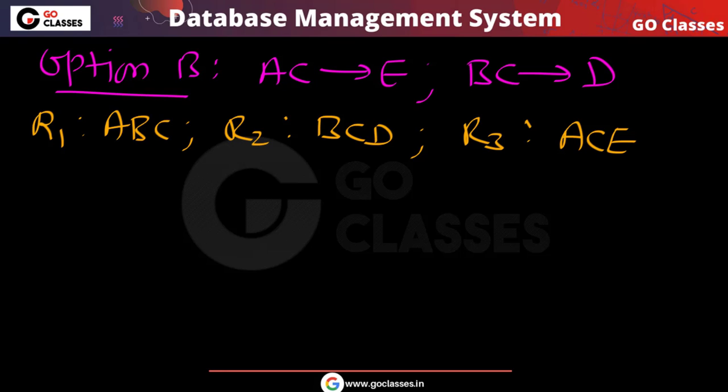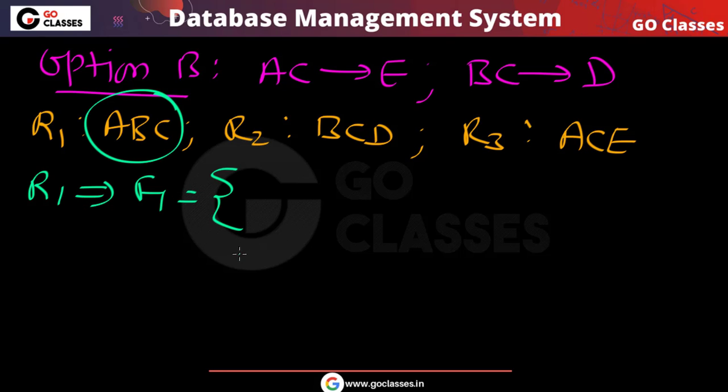First of all, is this dependency preserving or not? So this is what we need to check. So let's check whether this is dependency preserving or not. In this relation R1, what are the functional dependencies that we have? You can notice what are the functional dependencies which are applicable on A, B, C, only on these attributes. What AC can determine? AC cannot determine anything, and AC can determine E,